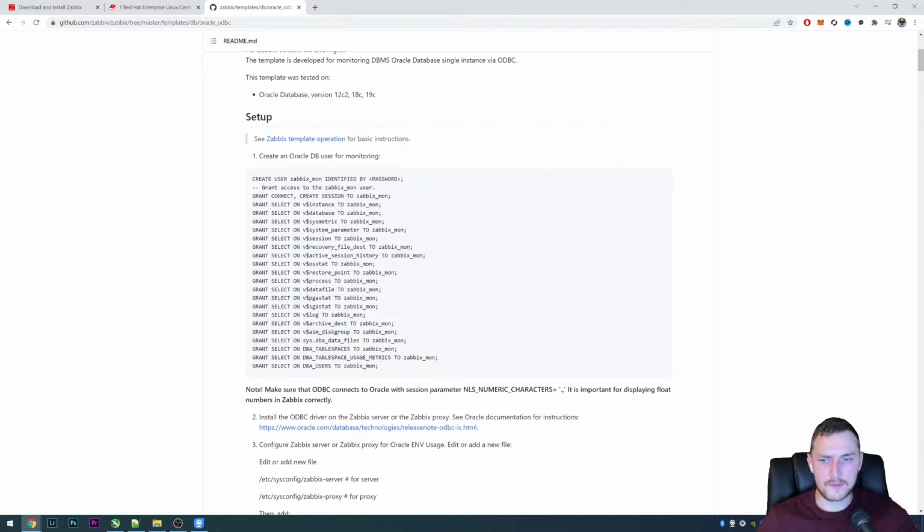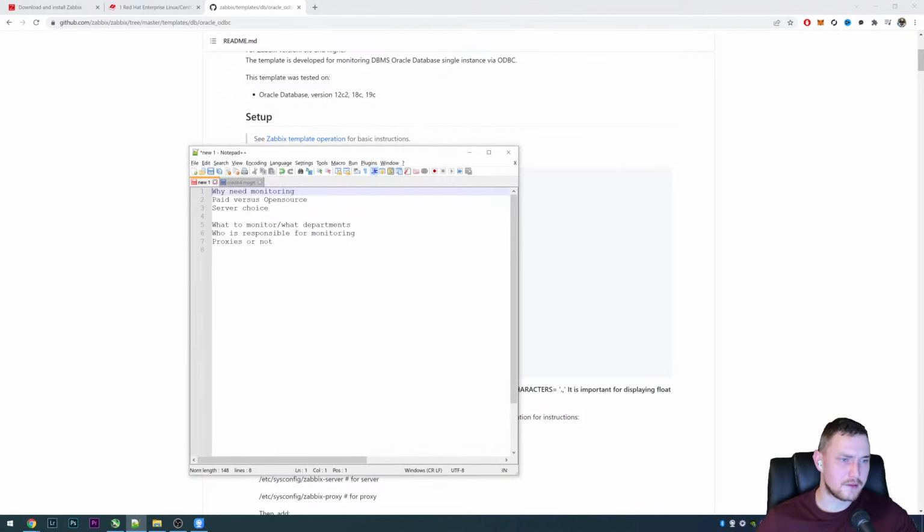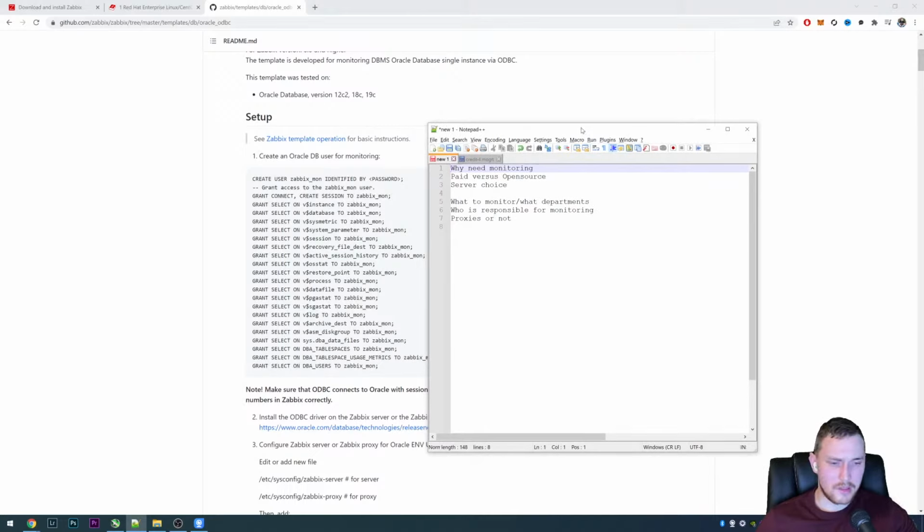But what if I don't have this template? How do I even figure out what I need to monitor? And this is the biggest pain, in my opinion, that everybody needs to understand that it's not as easy as throwing somebody in as a monitoring engineer and saying you need to monitor everything. It is always very tight collaboration with other departments to, first of all, configure this monitoring of Oracle database in this case, or any other service or application, and second, decide what metrics you actually need.